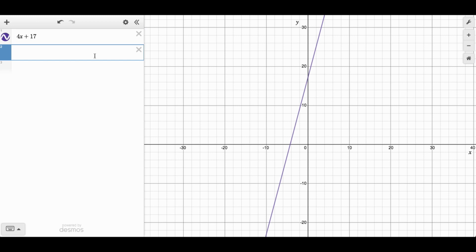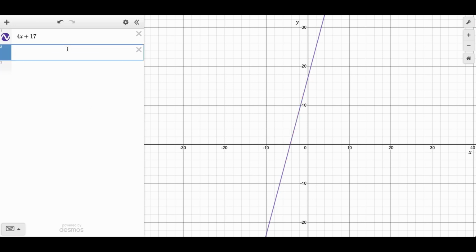Let me show you with a different equation. Let's take 5x plus 20. Now you can see that it's a slightly steeper line, and now we see 3 dots. So let's ignore this dot right now and focus on the x-intercept and the y-intercept. Now we can see that when y is equal to 0, x is equal to -4, and when x is equal to 0, y is equal to 20, and you can see that this value matches with this value. It's the same for every linear equation.